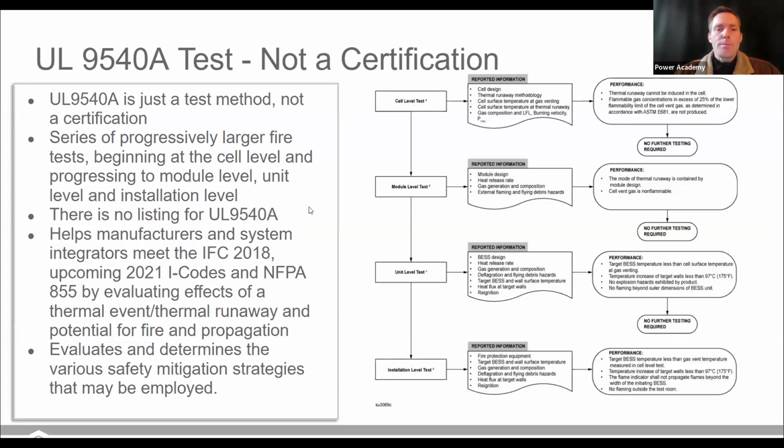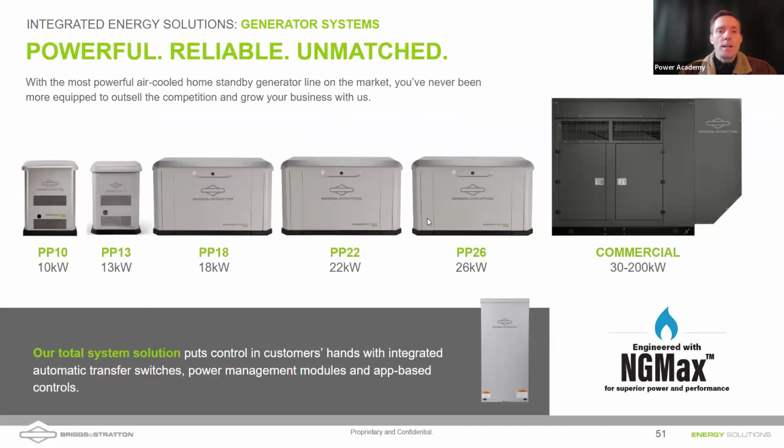And this safety is important, as made evident in this Moss Landing fire recently and other fires that are out there. We certainly should be thinking about safety when we're installing energy storage systems. I know many times the customer wants the lowest cost system that can be purchased that stores the most amount of energy, but when you think of some of the risks that are involved, it might be better or more advantageous to go with a system or a company that has kind of the history that we do with safety